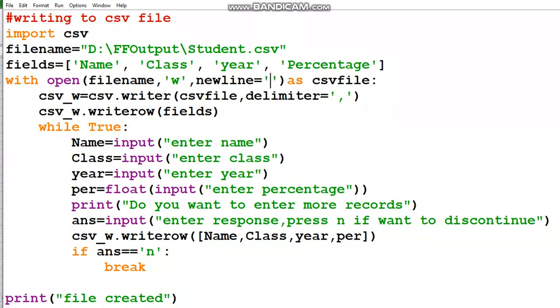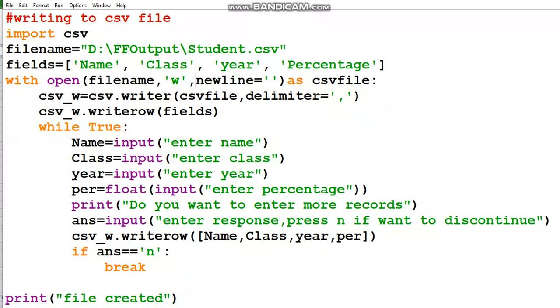If you don't give this, there won't be any error. You can try out by omitting it and see what will happen. Extra lines will get generated, because one line is generated every time records are written in a new line.